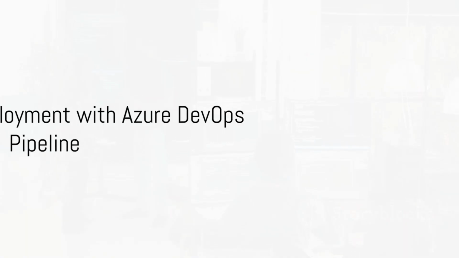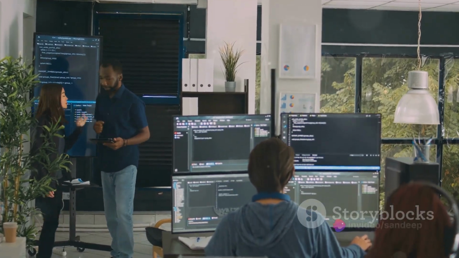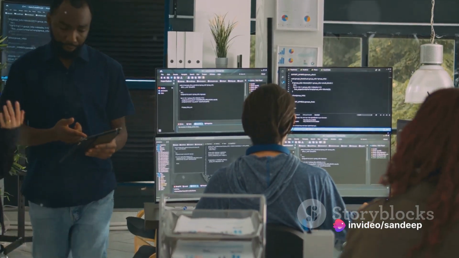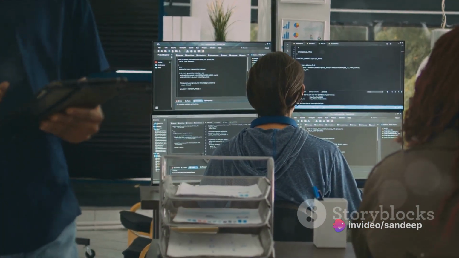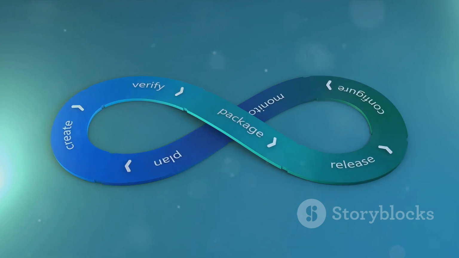With Azure DevOps Pipeline, the deployment process is automated. It means you can deploy multiple times a day with ease, and every deployment will be identical, reducing the risk of inconsistencies between environments. In summary, the combination of ARM templates and Azure DevOps Pipeline provides a powerful tool for